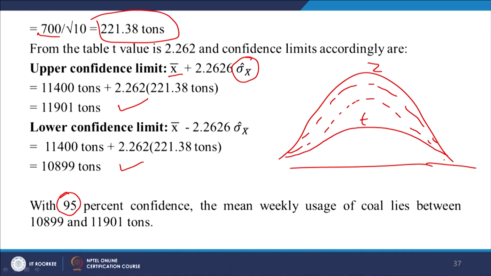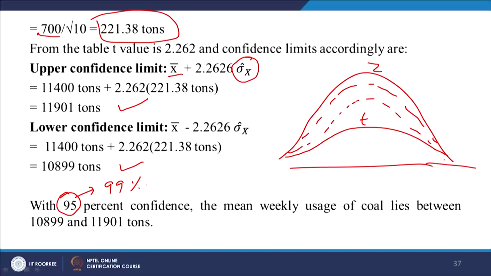Had you changed this value, let us say in this case from 95 to 99%, what would have happened? Then one thing would have happened: from a practical point of view, if I am saying 99% confidence level instead of 95, that means I want to be more confident. When are you more confident? When you have more resources, correct. So, that means my Z value or the T value from the table will not be 2.262 anymore, it will be higher; for 99% it is higher than the 95% value.